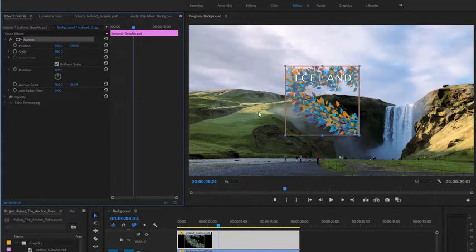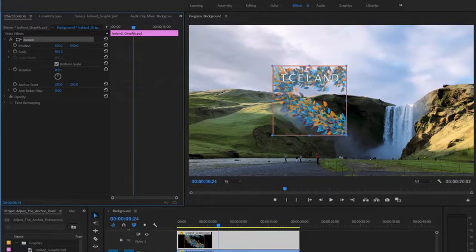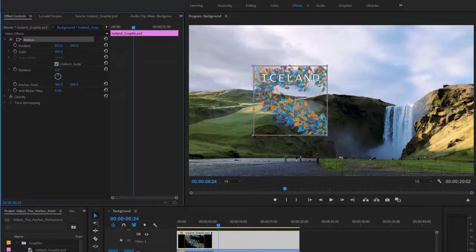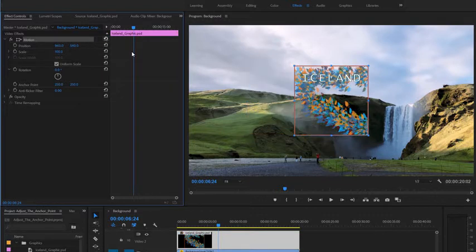But when you move the anchor point, you're changing it in its relationship with the item. So a bigger number actually moves it further over to the right, which means the item itself moves further to the left. This is one of those things that's a little bit easier to understand by clicking and dragging yourself and seeing the result. Again, I'm going to reset the entire motion effect so that we've got our original position